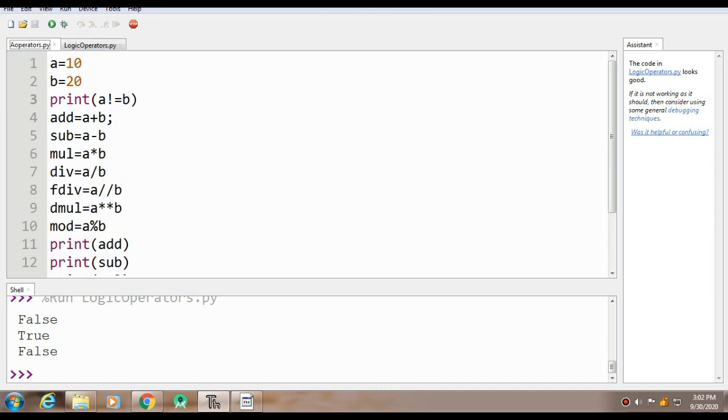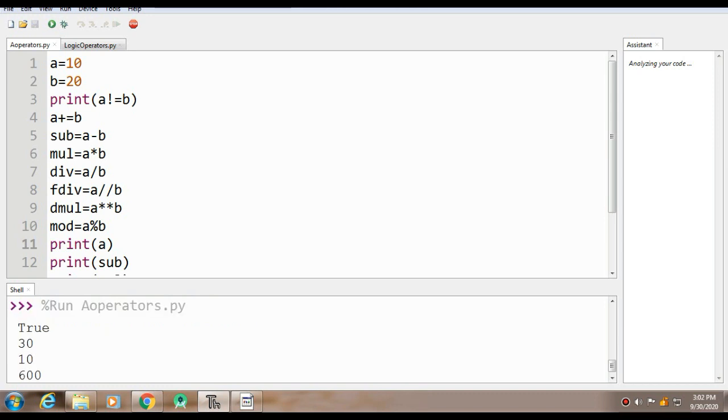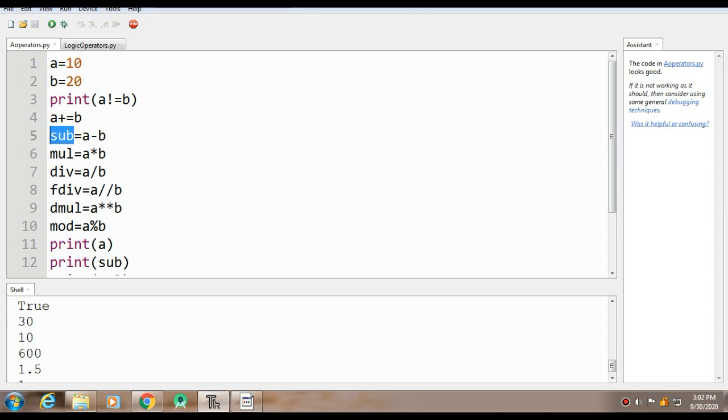So let's say here I want to add A in B. I'll simply write A plus equals to B. Instead of this value of add, I'll simply print A. If I execute it, you can see the same answer I'll get. Same here, I can do it with the help of B. So I'll write B minus equals to A, and save it.